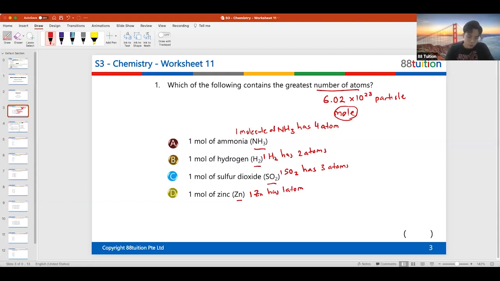So one molecule of ammonia has 4 atoms, which also means that 1 mole of ammonia has 4 moles of atoms. Okay. So let's bring this here. That means 1 mole of ammonia has, because if we split ammonia into just its atoms, we get actually 4 moles of atoms, which is 1 mole of